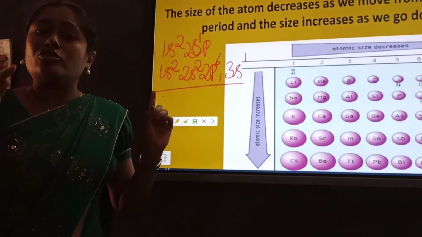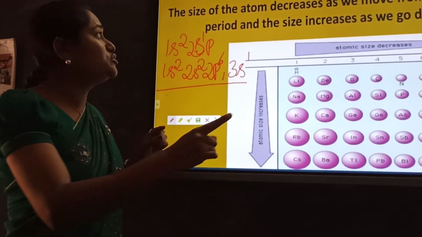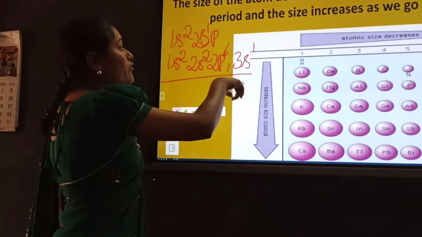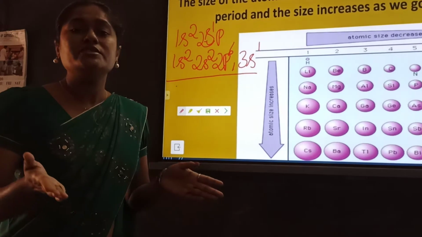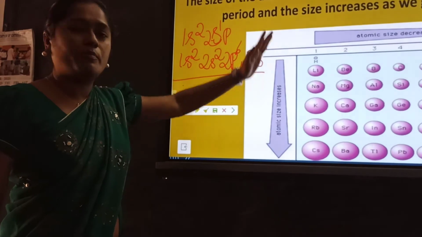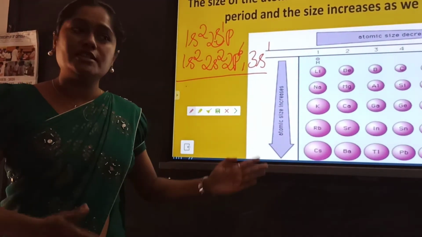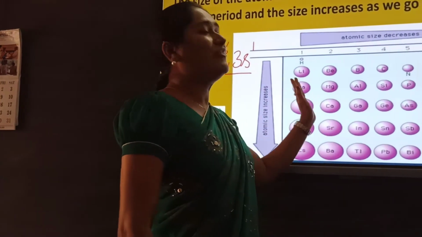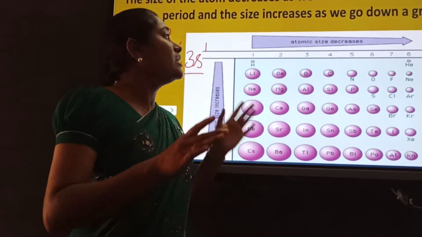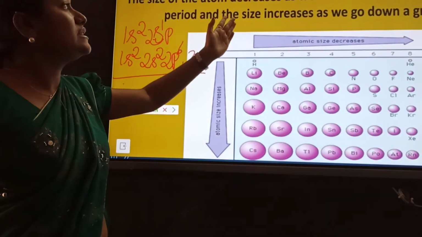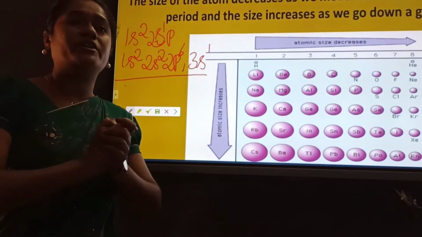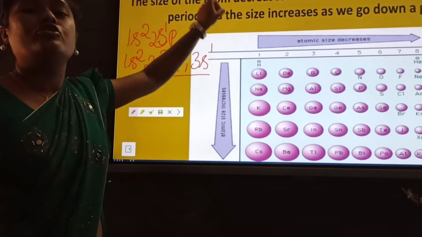Thereby the electrostatic force of attraction increases only when you go from left to right along a period, but this increased attraction to the center will not be there when you go along a group. Thus when you go from top to bottom, the size of an atom increases, but when you go from left to right, the atomic size decreases. This will be a frequently asked question: the size of an atom decreases as we move from left to right because there is an electrostatic force of attraction from the center to the outermost shell.